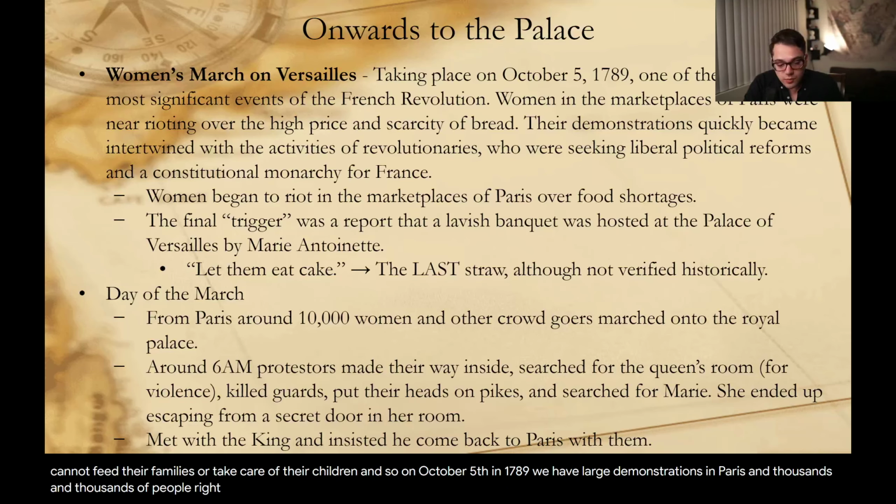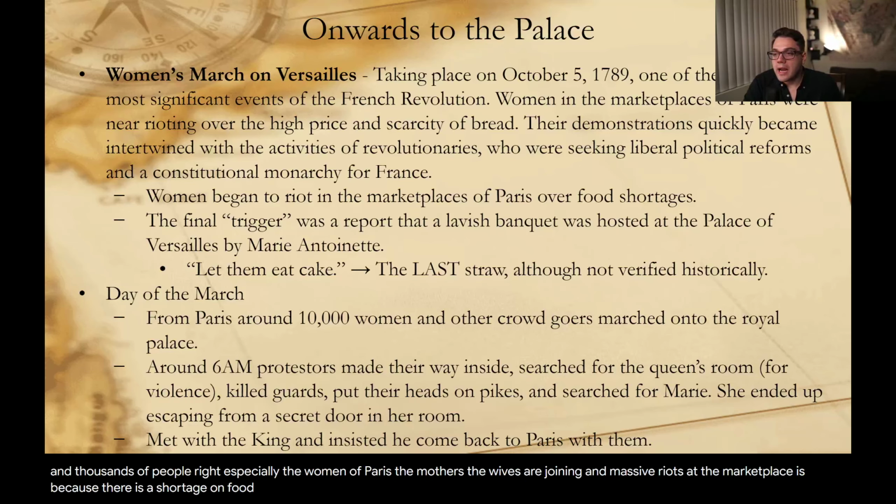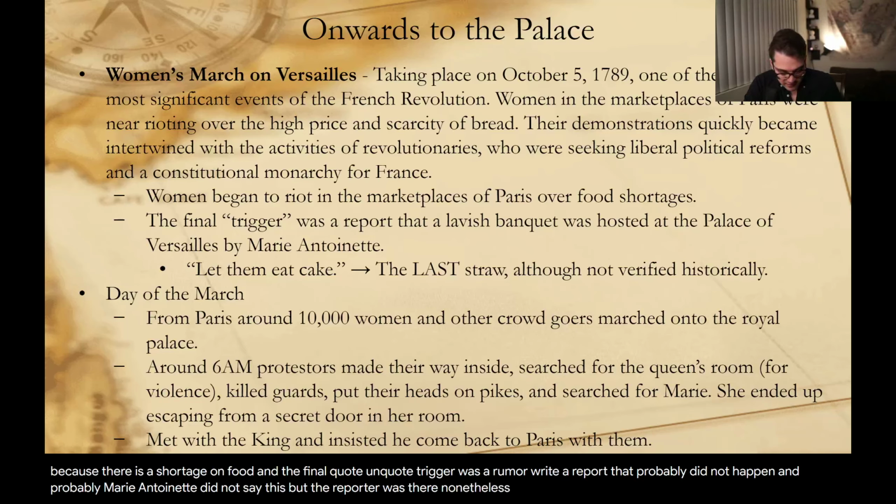right? Especially the women of Paris, the mothers, the wives, are joining in massive riots at the marketplaces because there is a shortage of food. And the final quote-unquote trigger was a rumor, or a report, that probably did not happen. And probably Marie Antoinette did not say this, but the report was there nonetheless because of scandalous newspaper or pamphlet